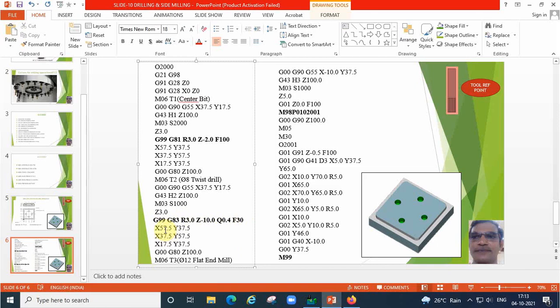After that, we are going to write the x value, y value for the other 3 spots. That's all. The entire operation will be over. Once again, we have to cancel the canned cycle G83. For that, G00, G80, Z100, we have to write, and then we go for the next operation,